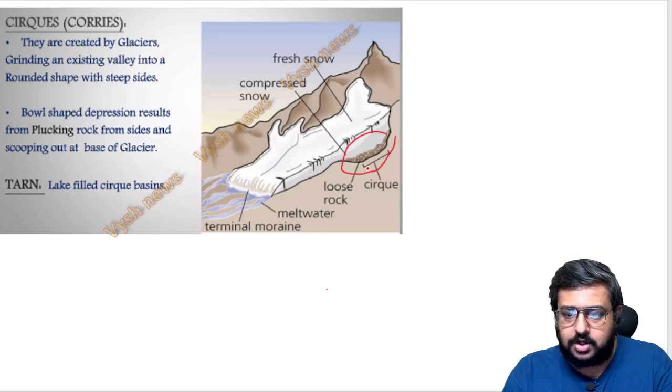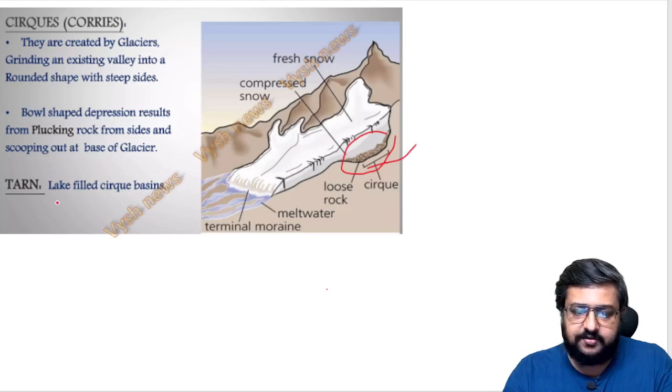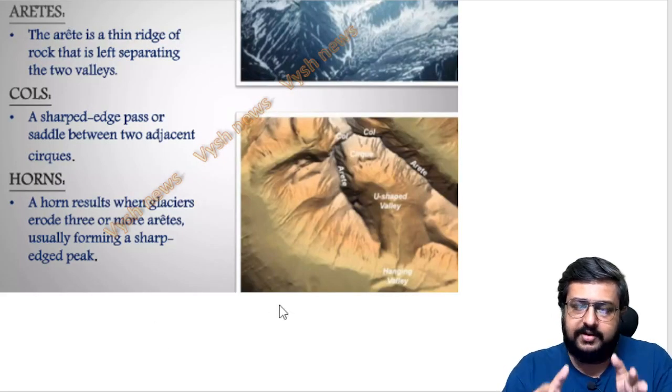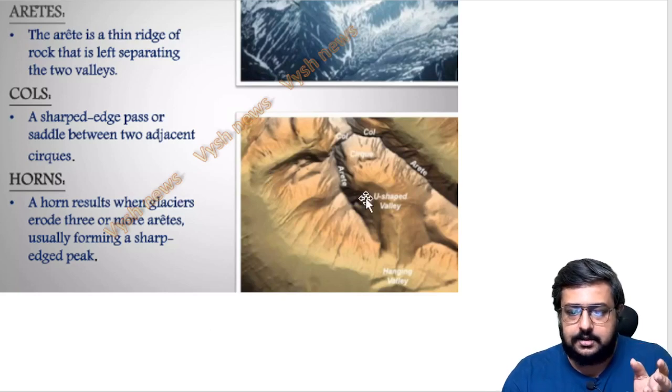Okay, so here there is loose rock at the bottom deposited, and above there is fresh snow or ice, which is called the cirque. And inside that, if water gets filled, that lake is called a tarn. Okay, so tarn, cirque. I'm just showing you two terms, else it will become like a geography class. And similarly in the mountains, when the soil accumulates as a thin slope or thin ridge kind of thing, then it is called an arete. Okay, arete. This one, thin ridge.